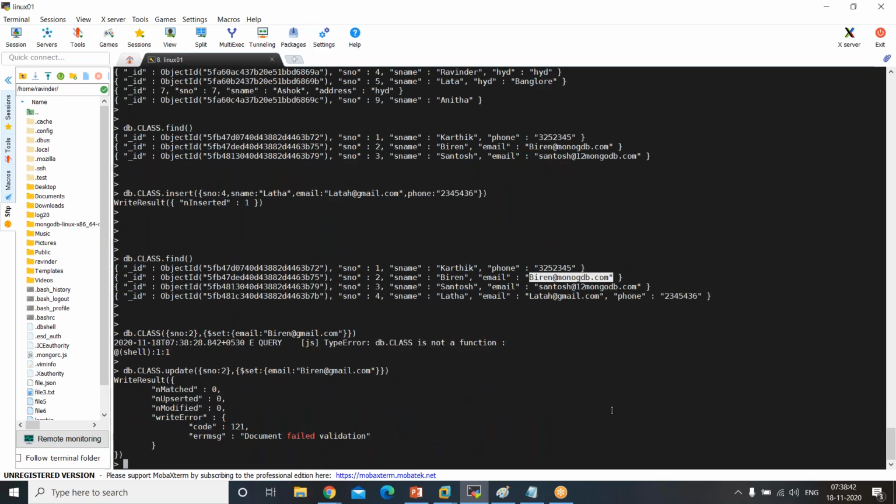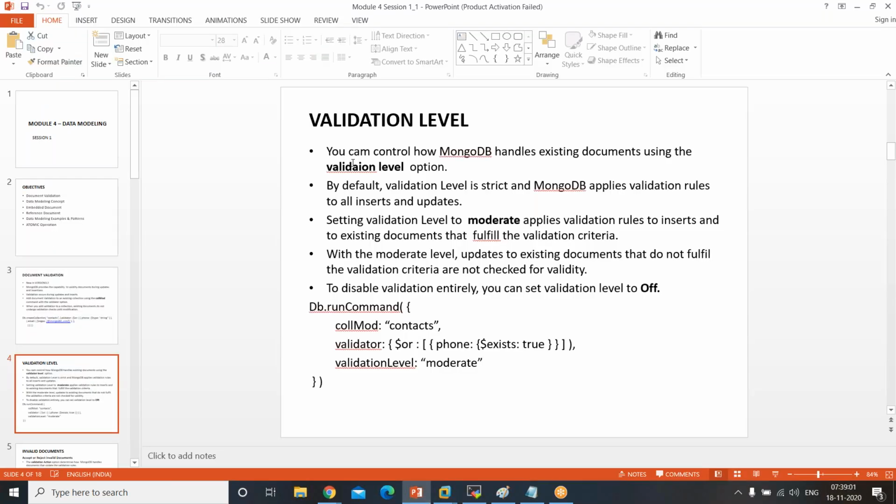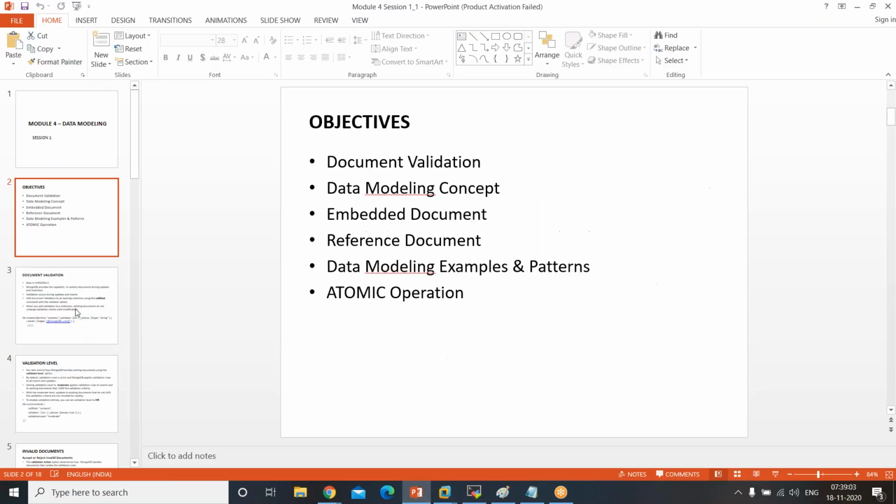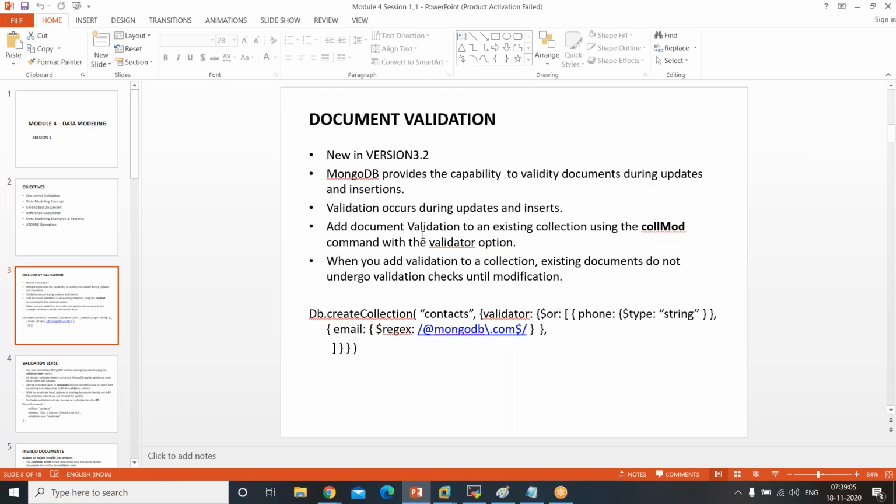Right. So you're trying to update biran@gmail.com. This document is purely following the schema design on this field only. If you are deviating from the schema design, it won't let you do it. The document has failed. So if you come back to the slide now, you can see on the first slide